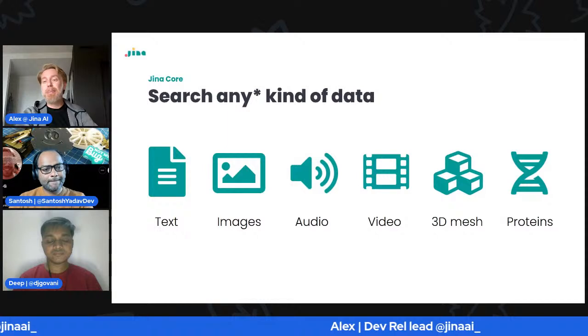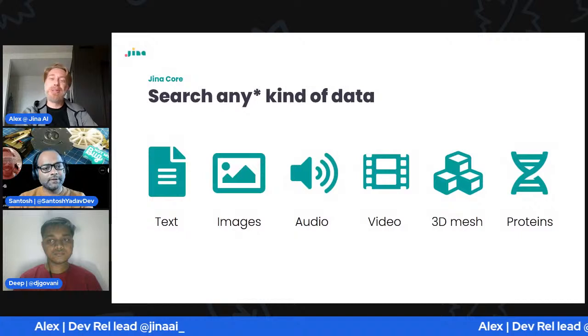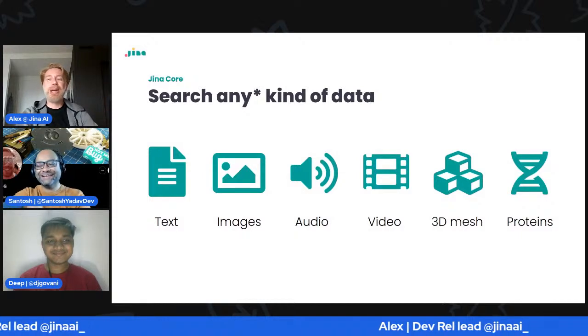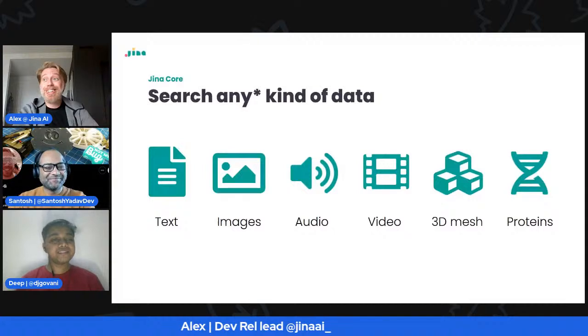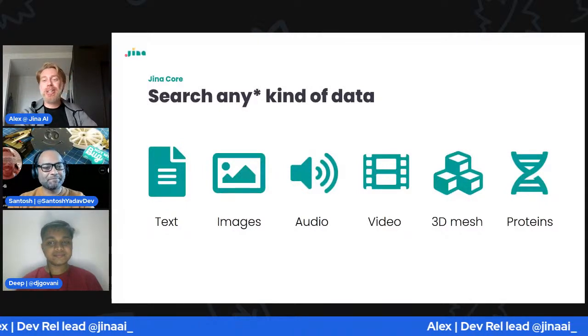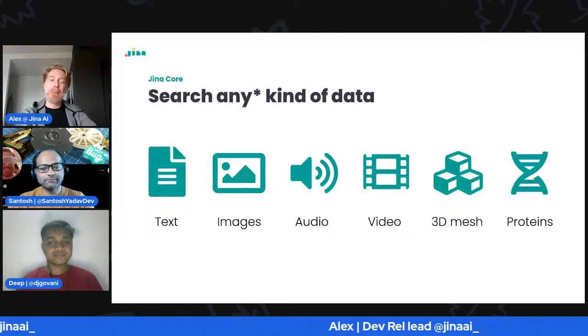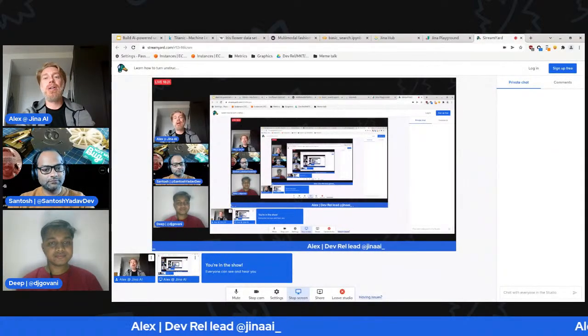One of our community members built a search engine for amino acid, which was really cool. Problem is, nobody knows how good the results are because nobody is a molecular biologist. But it does work. It returns results. We had a 3D mesh search engine, which was really cool. We need to get that redeployed. And we've got a whole bunch of these examples on,